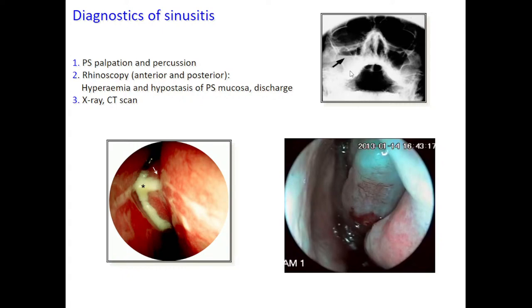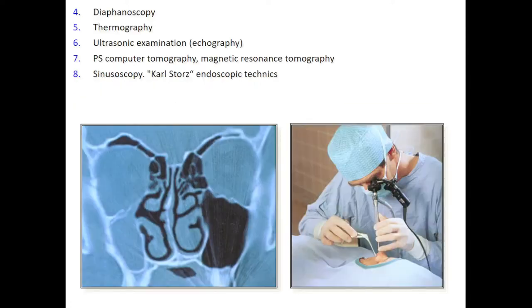For example, on this picture, you may see the level of fluid in the right maxillary sinus. It is the main method of diagnostics, but of course, we may use additional methods. It's diaphanoscopy, thermography, ultrasonic examination, computed tomography, and MRI. And if there are severe problems, we may use sinusoscopy,